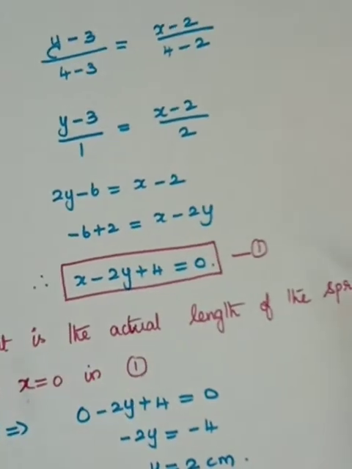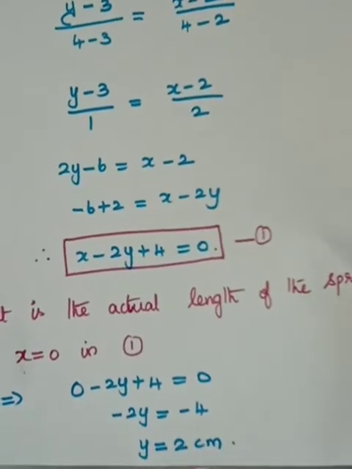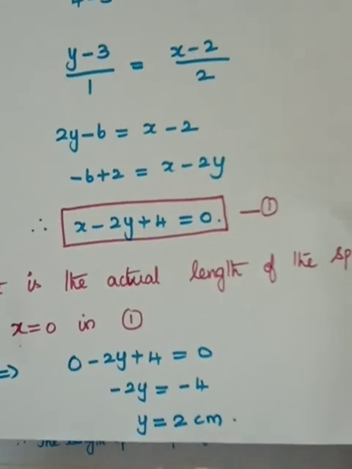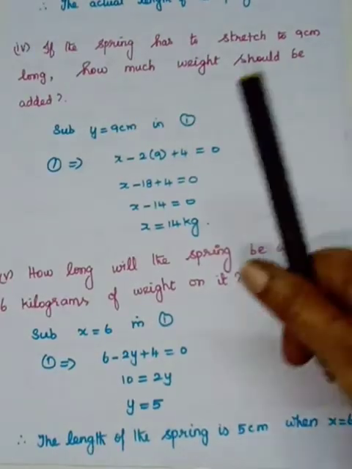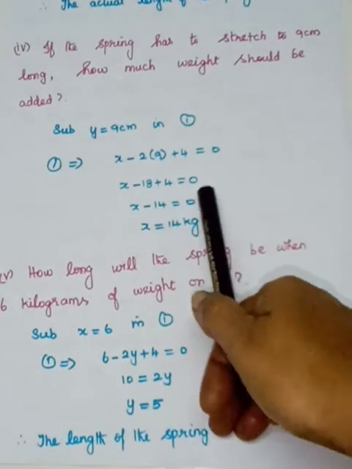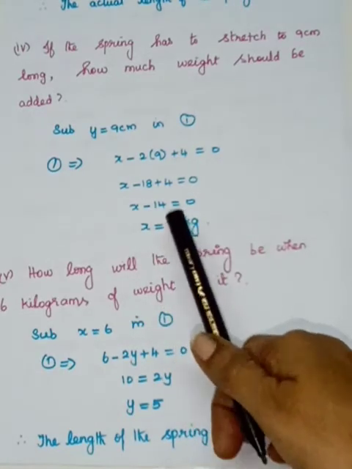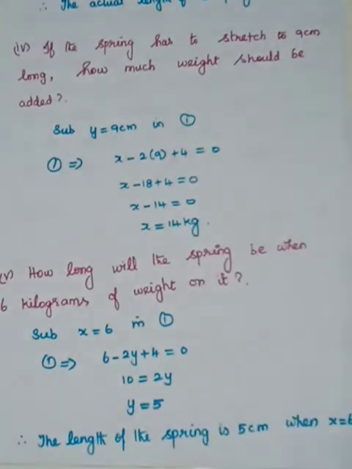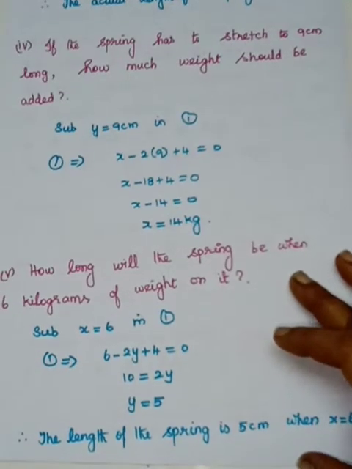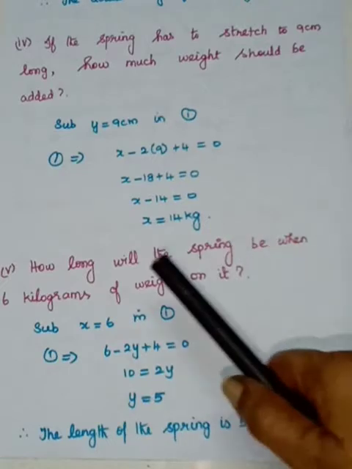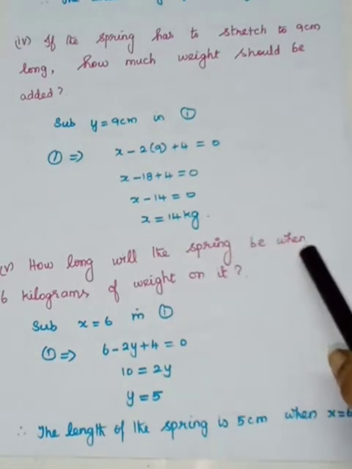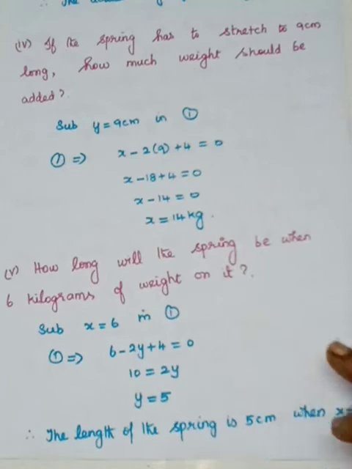What is the equation? x minus 2y plus 4 is equal to 0. On that, you have to take y as 9. So if we substitute, x minus 18 plus 4 is equal to 0. So x minus 14 is equal to 0. X is equal to 14 kg. If 14 kg of weight is attached to the spring, the spring will stretch to 9 centimeter long. And coming to the fifth subdivision, how long will the spring be when 6 kilograms of weight is on